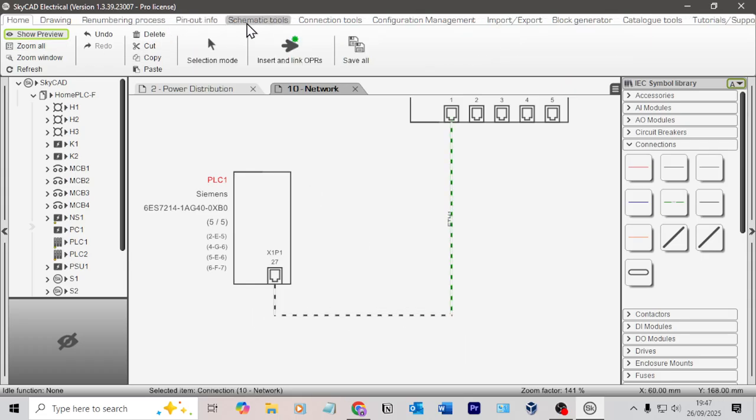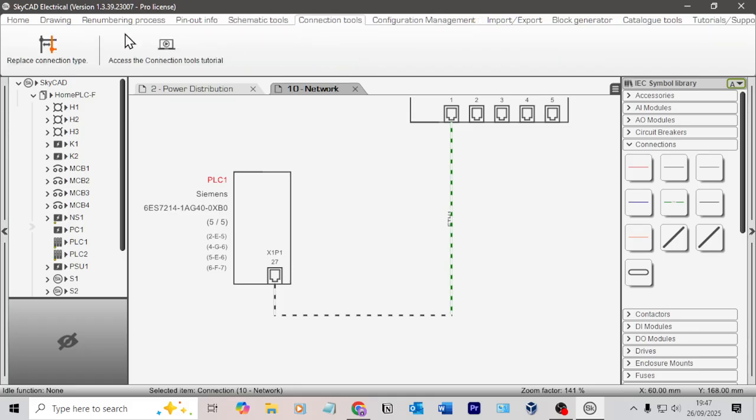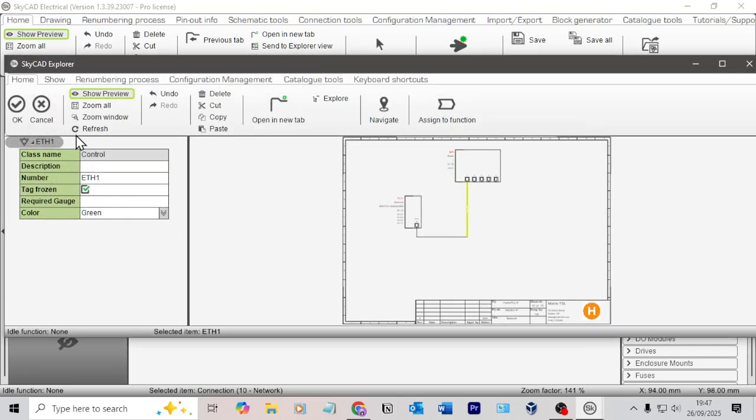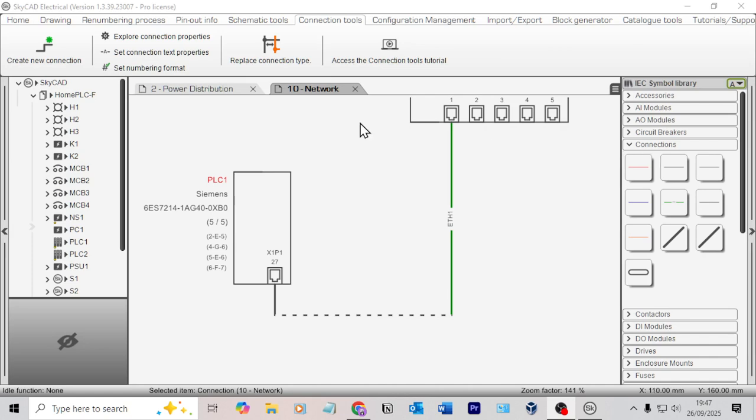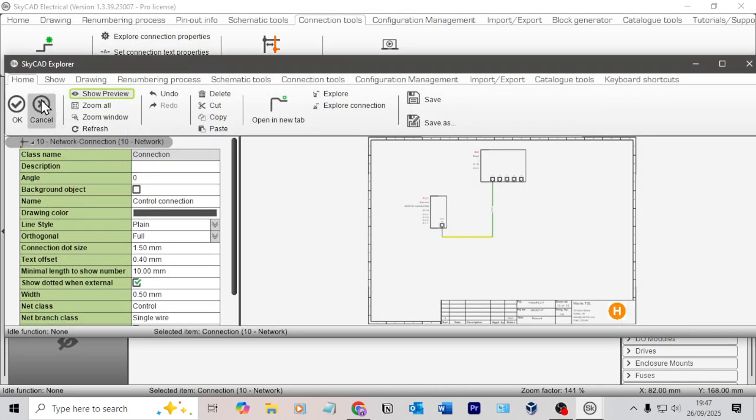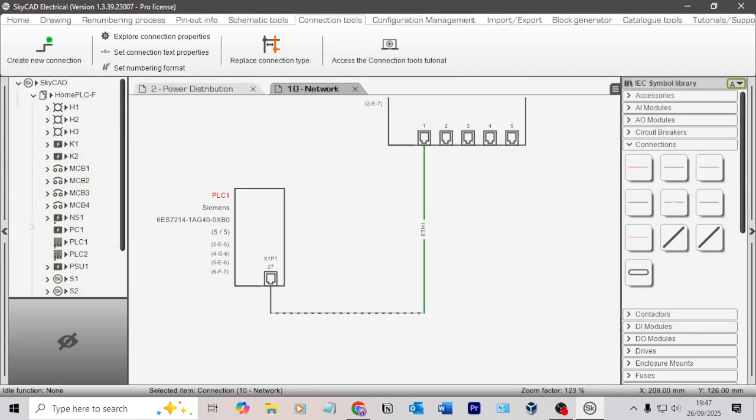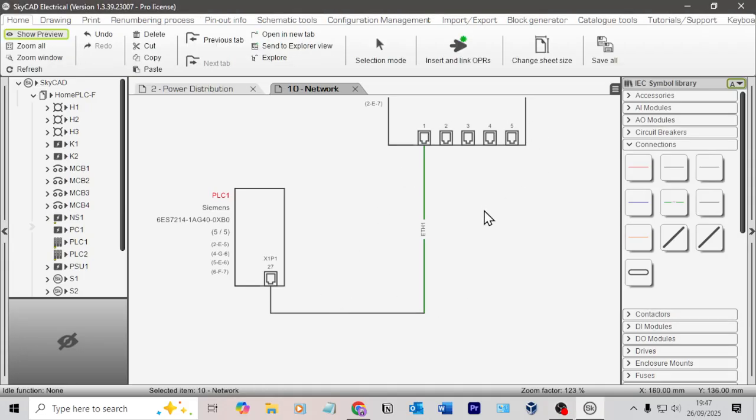Can I do that? So what was it? Schematic tools. Where was it? Connection tools. Replace connection type here. I have to do it one by one. It looks like I do. So I think this would be okay for just the one. But yeah, if we're going to have to do like 4 wires, I think what I'll do is I'll just